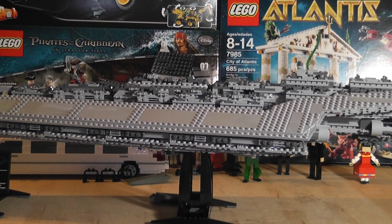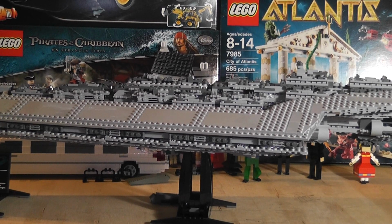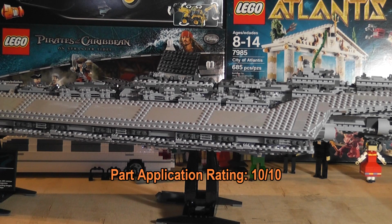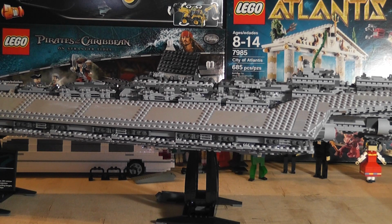And last but not least, we have application of parts ratings. And that goes to a, wait for it, 10. Simply a 10. Very creative use of hinge elements. If I were to have this and kit bash it, those hinges would be all over the city, but the use here to simulate all the functions of the Super Star Destroyer, doing my research on it on Google,